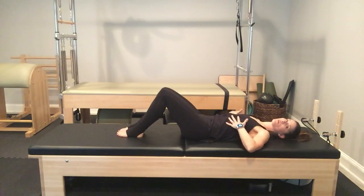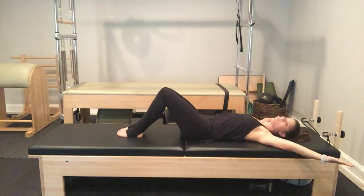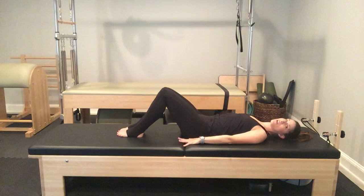When you do this, again, make sure you're not flaring your ribs, and make sure that your arms are still in line with your shoulders and not above, because this can cause your shoulders to shrug towards your ears. I'm going to platform my hands down to the side with my palms facing the mat, coming back to the warm marble. We're going to inhale